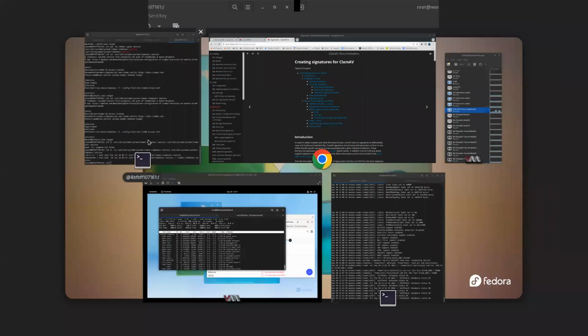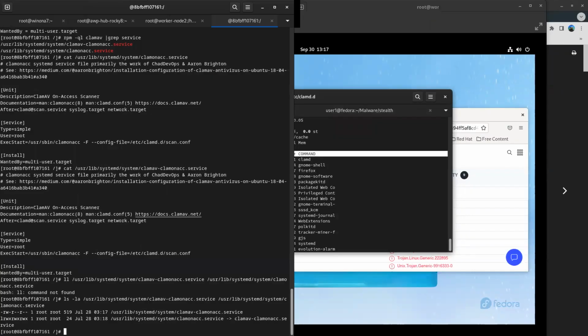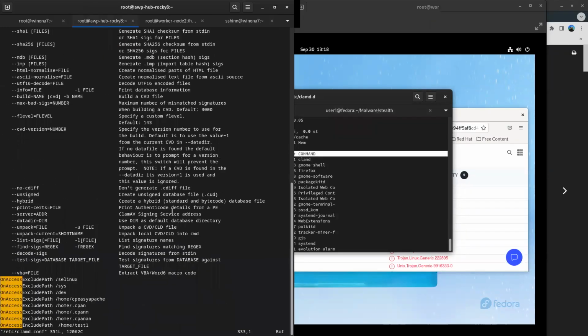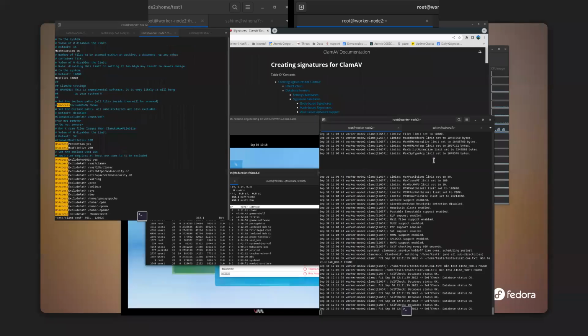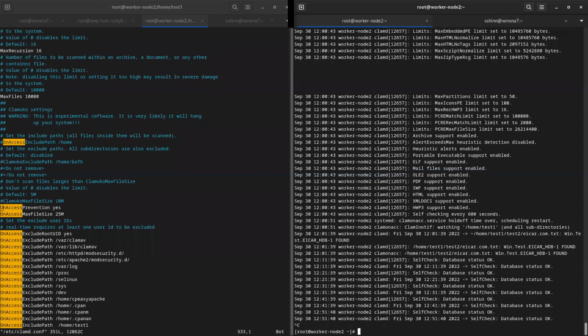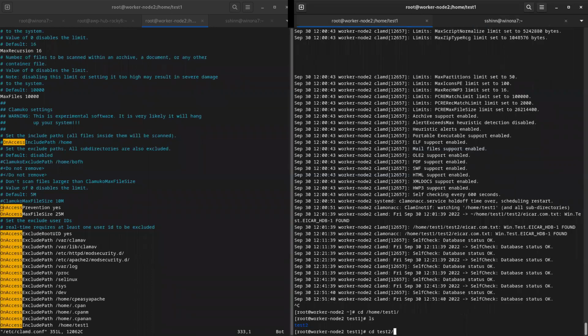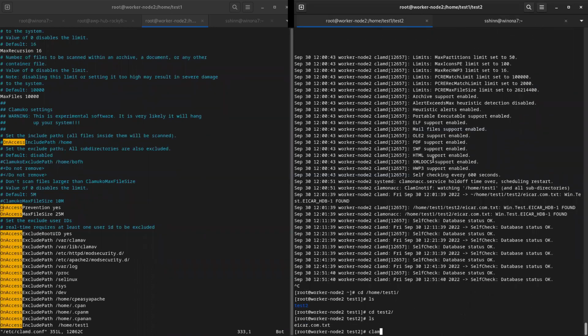In fact, while we're waiting for that, because that's a slow VM, I'll just scan it on this guy over here. So we'll do clamscan first. Do I have clamscan on here?